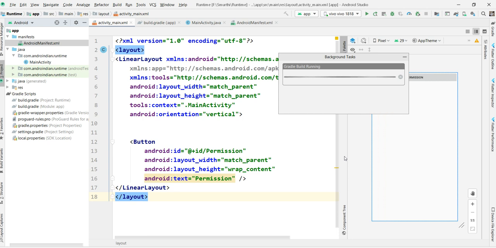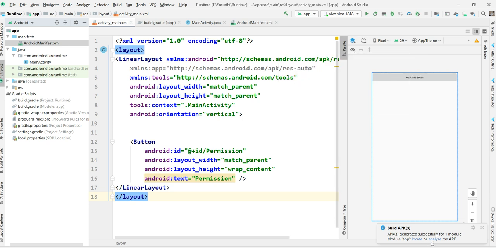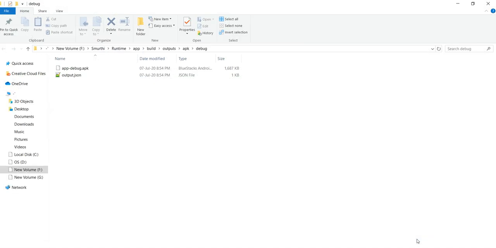This is the debug mode APK that we need to share. It's created, so just click on Locate. Here is the debug APK, in your project under build, outputs, apk. This also you can share with your friends.